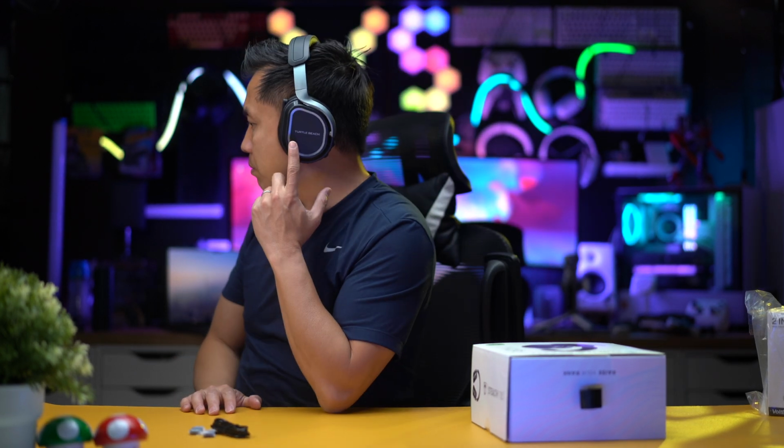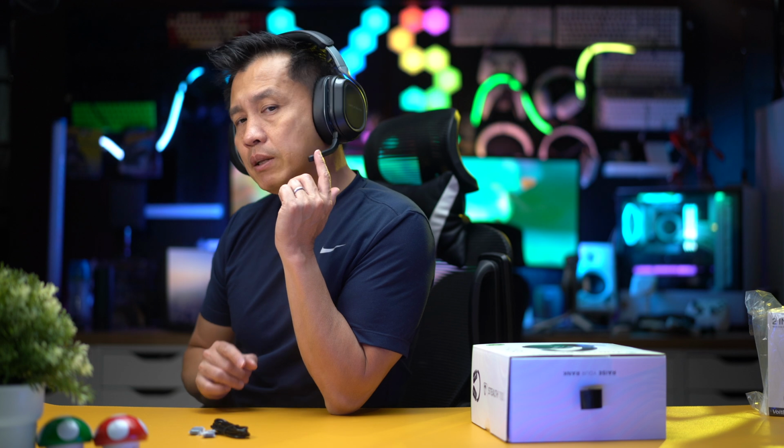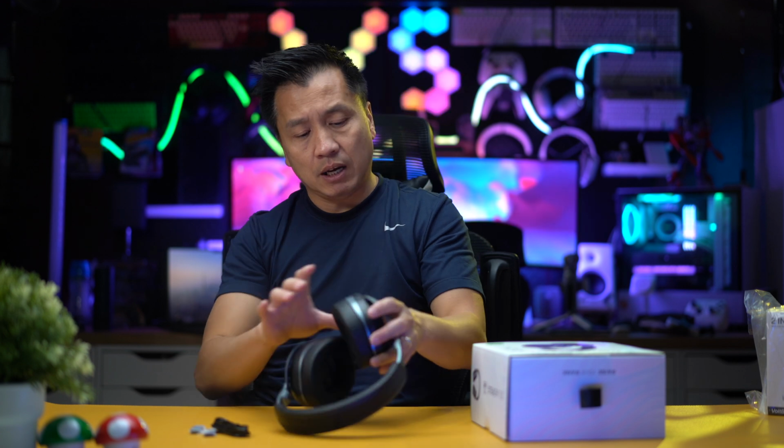This is how it looks right here. Flip that down. By the way, the mic does come in just a little bit like that if you want to push that in. Interesting. As I'm talking, I can actually hear myself through the mic, which is something I never thought about. That's a good feature. Okay, well, anyway, guys,